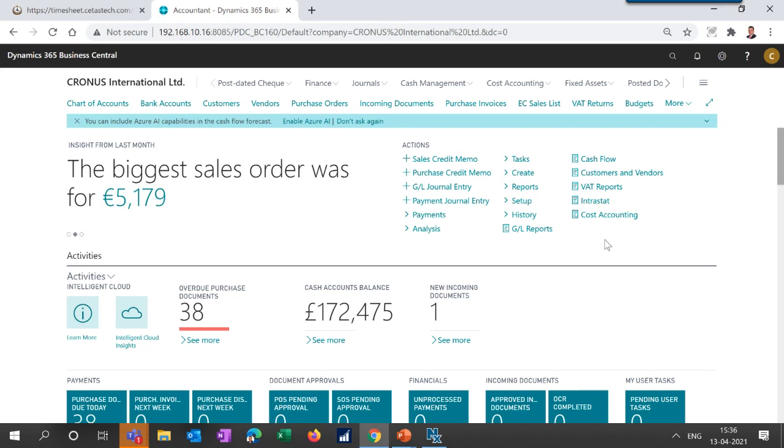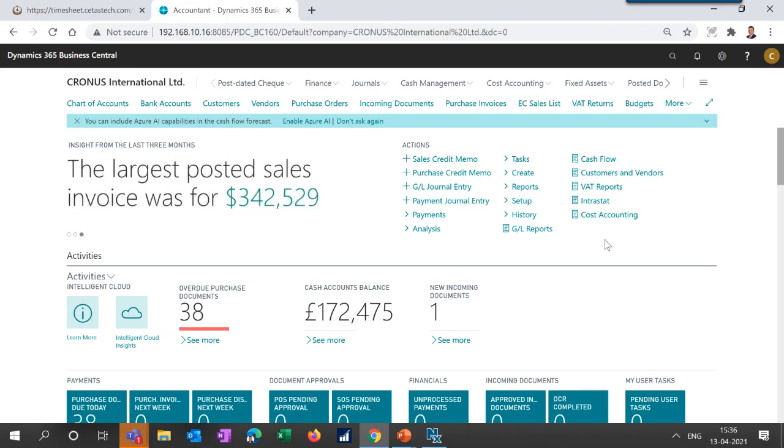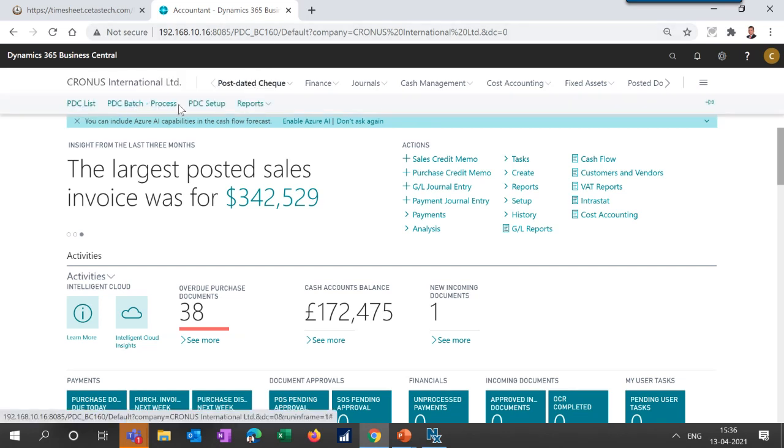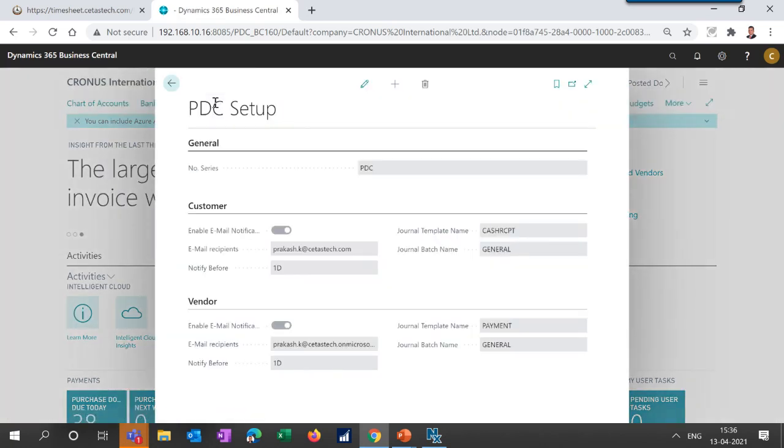Hello everyone. So I will just demonstrate the PDC app functionality. We'll be starting with the PDC setup, where we can define some notification-related setups, like whether you want to send out the notification whenever there are post-dated checks, and what the lead time could be, one day before or three to four days before.